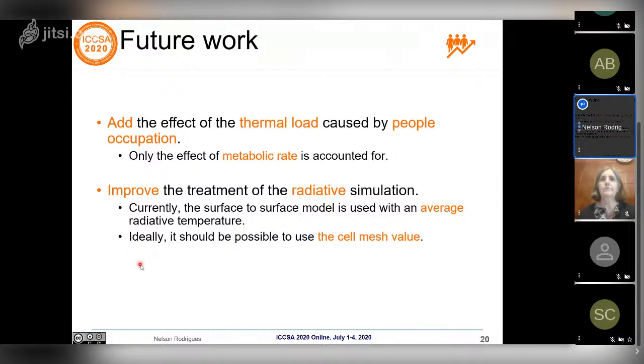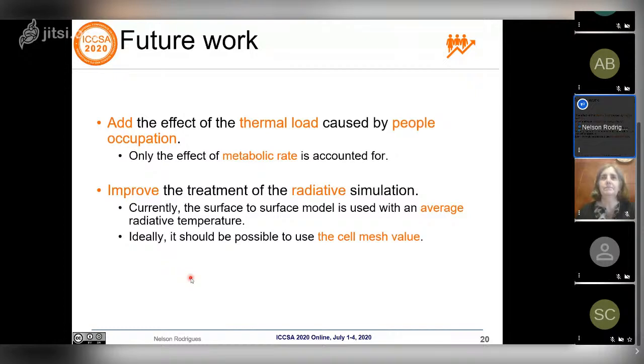the region we are studying. We also aim to improve the treatment of the radiation, because the surface-to-surface model, which was a simplification, only verifies the increase of radiant energy from one surface to the other. So we don't have the radiation value for each cell, and that can be a problem when we are calculating the PMV values for each cell that we made in